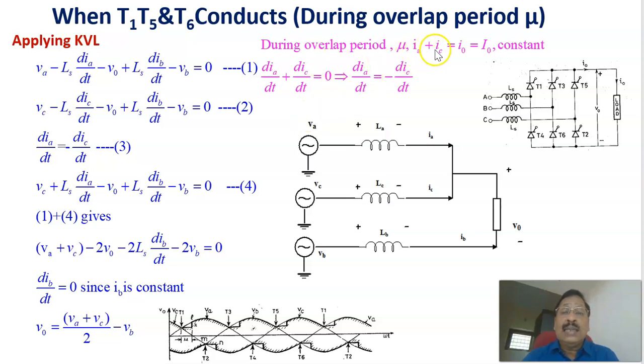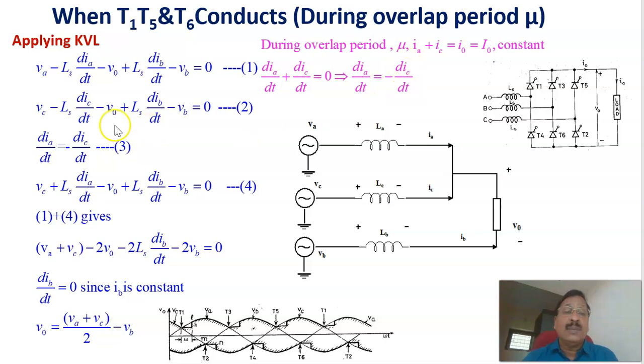as I told you, IA plus IC equal to a constant, and DIA by DT plus DIC by DT equal to 0, or DIA by DT is equal to minus DIC by DT. That is, these are the two SCRs, one from the positive group conducts, and this is the negative group conducting. Therefore, here the current is building up, here the current is decaying, but the sum of this current will be constant I naught. And if you differentiate, DIA by DT plus DIC by DT equal to 0,